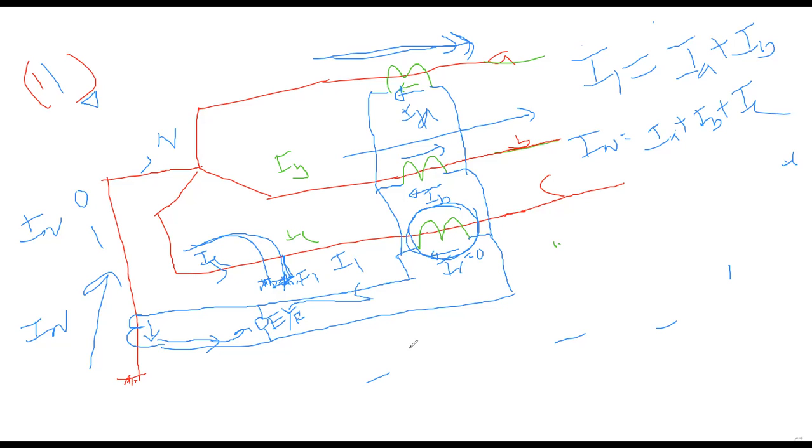The CT is not getting any current, but you cannot say that your phase current is 0. The phase current is 0 only in respect of this CT. IC is contributing the fault current in this way, so the neutral current will have IC. Now if you differentiate neutral current and I1, will it be 0?